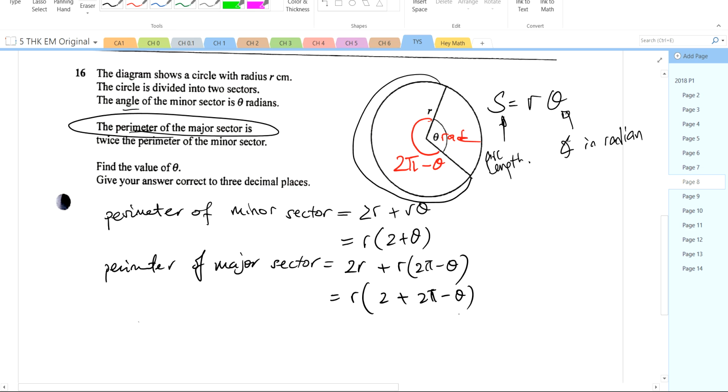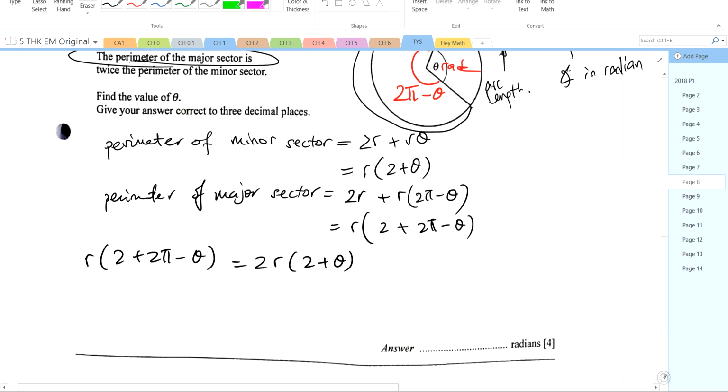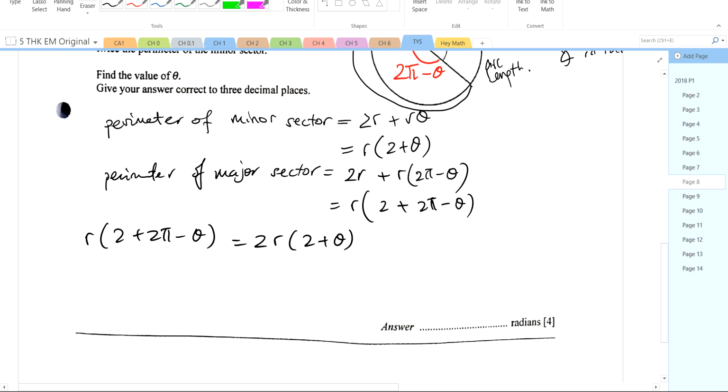Since the perimeter of the major is twice that of minor, I will be able to write r(2 plus 2 pi minus theta) equals to 2 plus theta. Okay? Okay so far? Can? Then we can now cancel away the r,